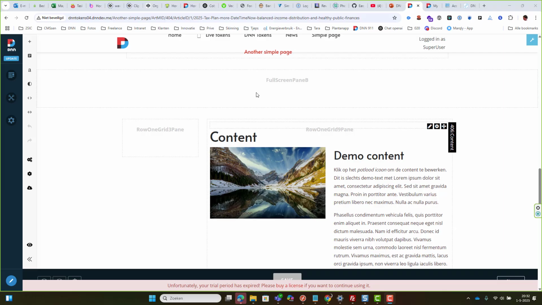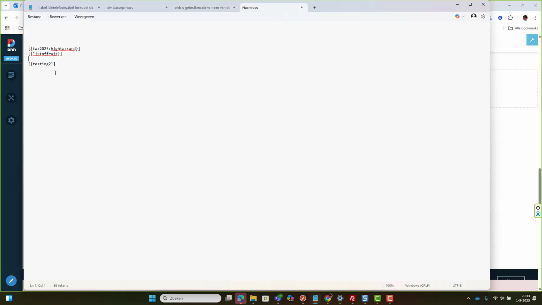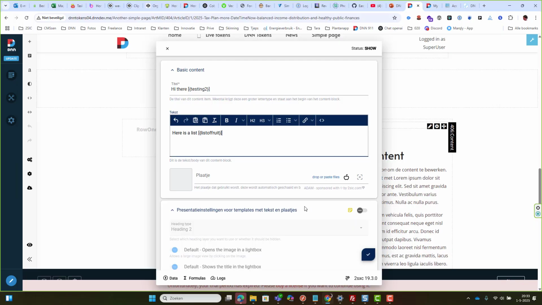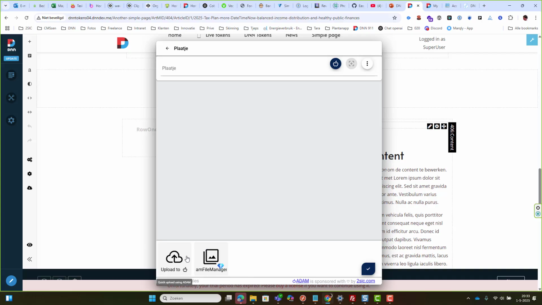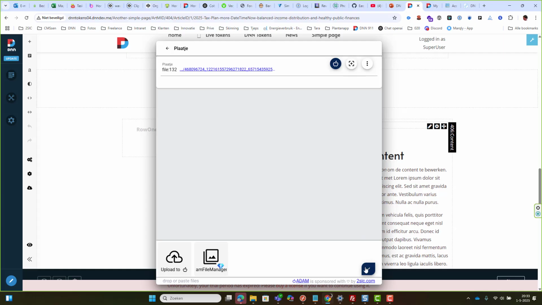Now let's check out how DNN tokens will work with 2sxc content. So this is default app, and let's say hi there. And this is the first name. This is the SQL statement, and here is a list. Let's find the list of fruit here. So that's the razor list. And then just to make it look nice, we have some food,